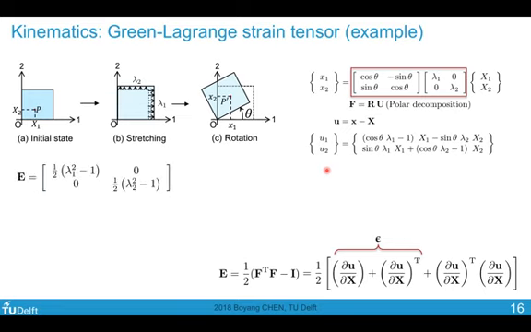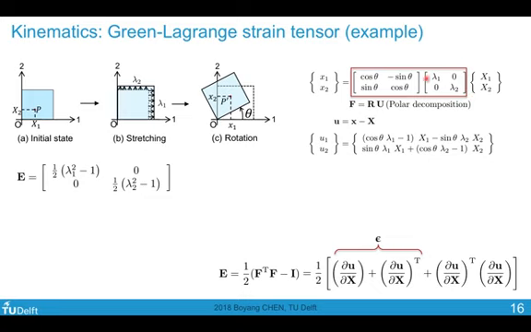And we can calculate the Green-Lagrange strain matrix by using the first expression. So if you plug in F transpose, you have U transpose R transpose, then you multiply by F again, then you multiply by R and U. In the middle, you would have R transpose times R, which equals identity because R is the rotation matrix. So you are really left with U transpose times U, and U is a